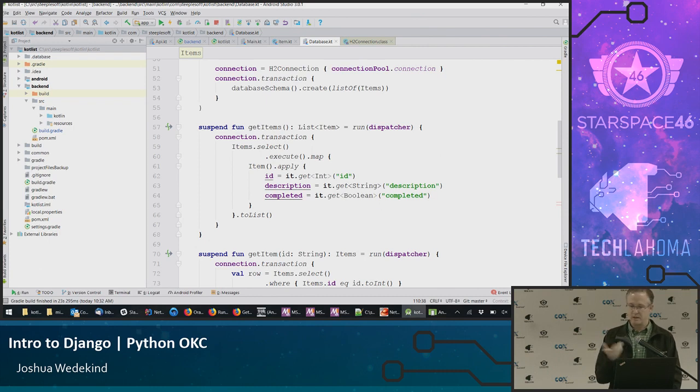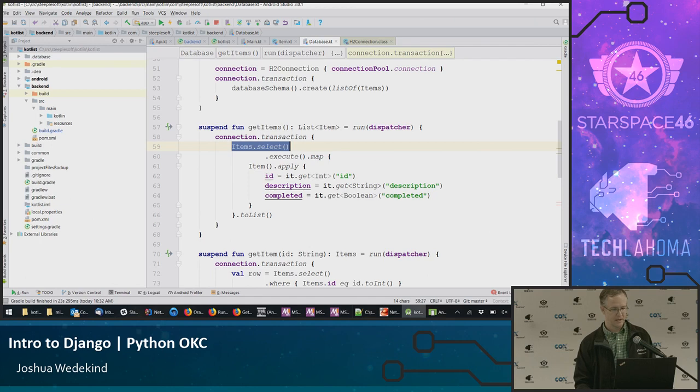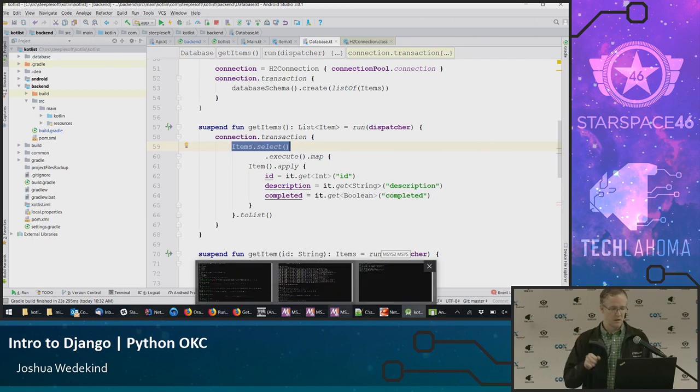So we're going to run this method. Well, technically, we're defining get items as a function whose body just calls the run method. It's going to run a coroutine using the dispatcher, and then that last parameter is again the lambda for what we actually want to do. And again, we see connection.transaction, so we're going to start a transaction and do some work in there. And here we see how we can select. In this case, we just want to select everything. So we call items, the table, dot select, and execute. If you want to add filtering to it,